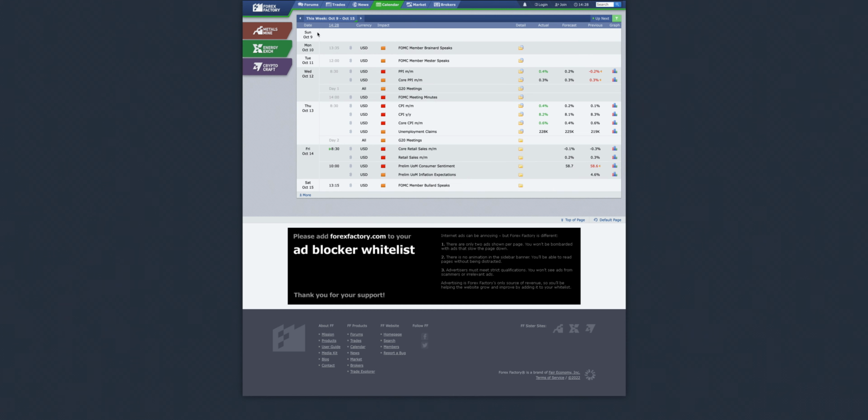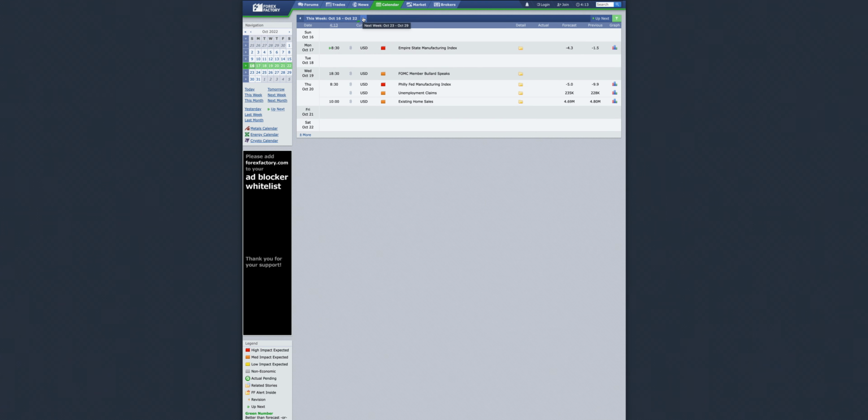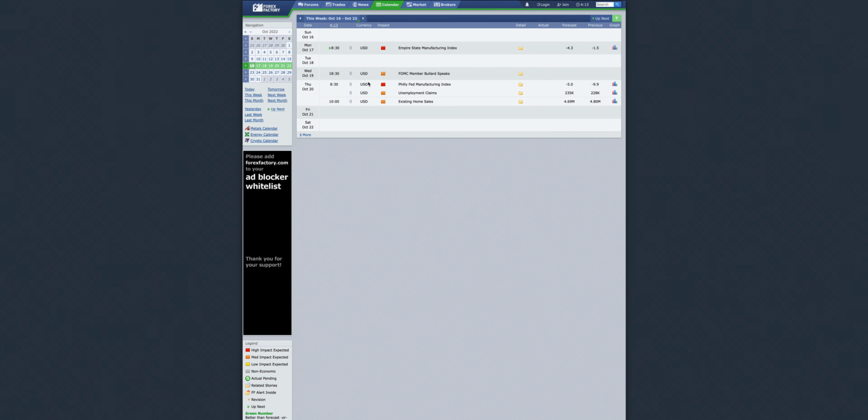So let's have a look to see what is in the economic calendar, and then we'll try and add some context around that. So red news Monday morning at 8:30, then a gap on Tuesday. So maybe this isn't possible. Maybe that red news is going to give us a purge down into this and then come back up a bit sooner. And then later on, we have this, never heard of this, but manufacturing index will be obviously industry led, and that's not until